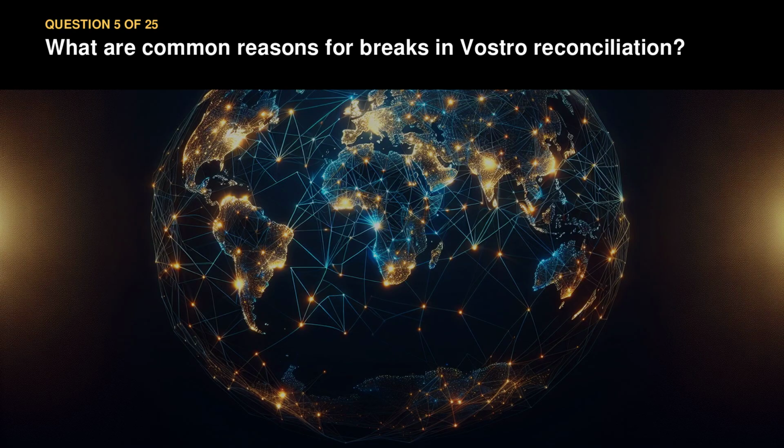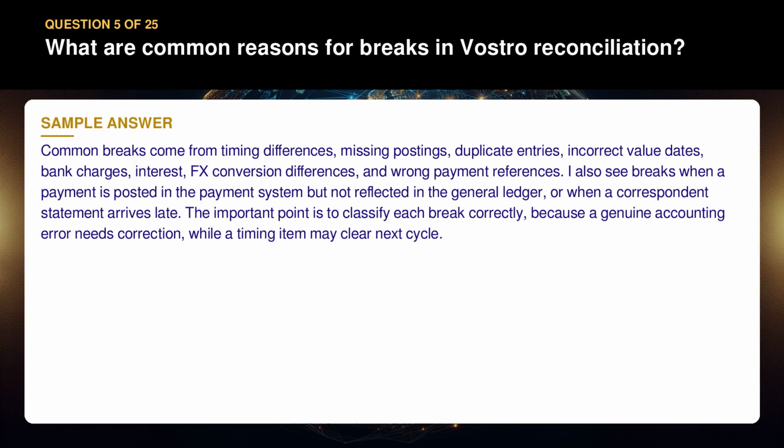Question 5. What are common reasons for breaks in Vostro reconciliation? Common breaks come from timing differences, missing postings, duplicate entries, incorrect value dates, bank charges, interest, FX conversion differences, and wrong payment references. I also see breaks when a payment is posted in the payment system but not reflected in